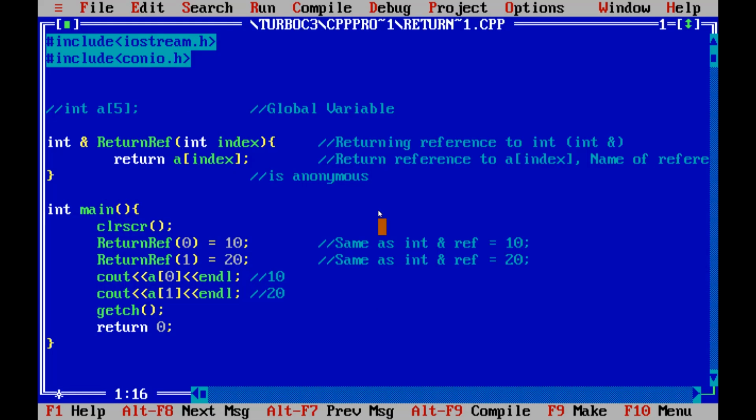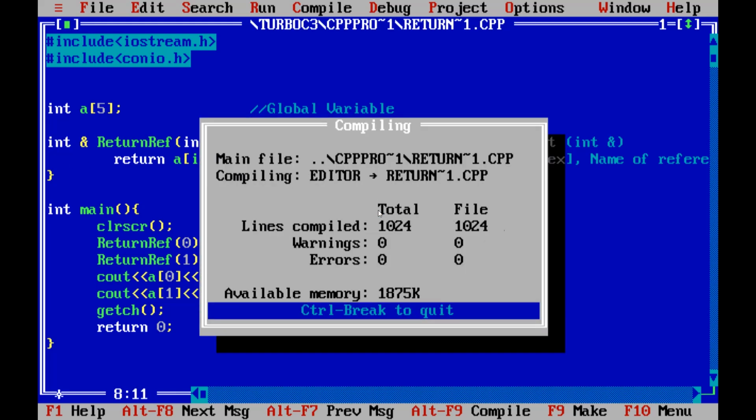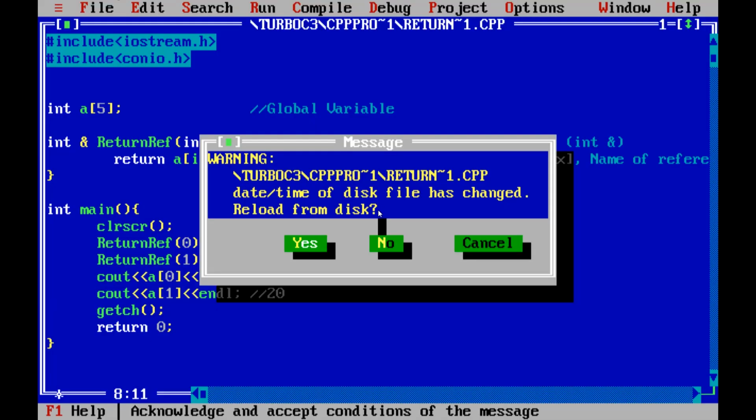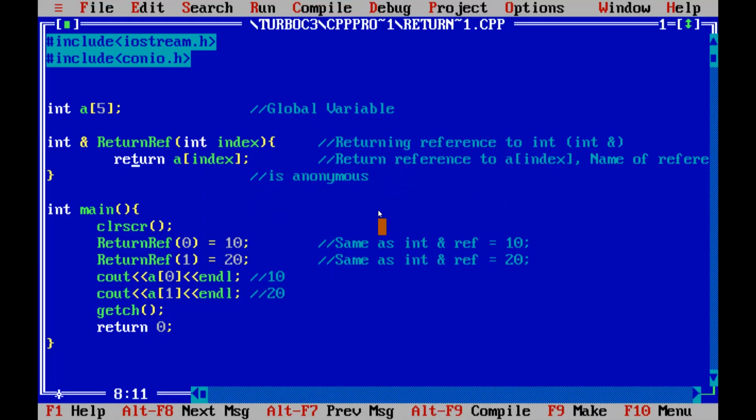I need to uncomment this. This is a global variable and I am returning the reference of that particular global variable. So I am entering value 1. Here you can see what will happen. Here I have called this function return ref of 0 equals 10.